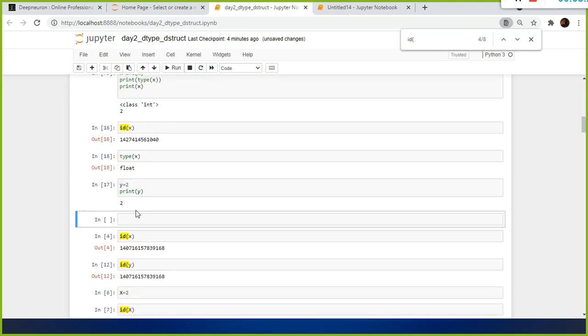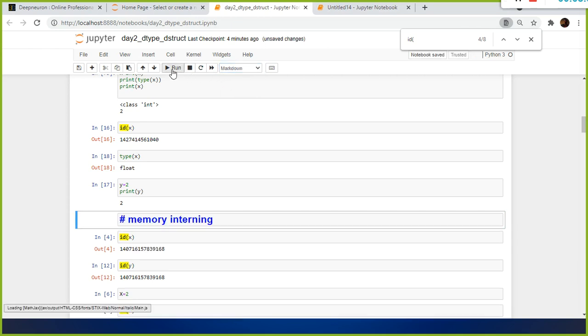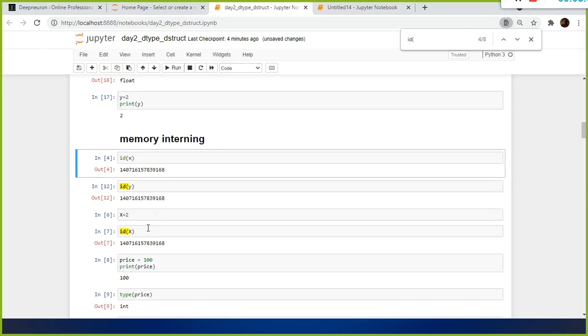Interning, or memory. This is how Python uses the memory in a more efficient, optimal way. Otherwise, it would store these two values in two different locations of your memory, and at the end of the day these two values are the same.